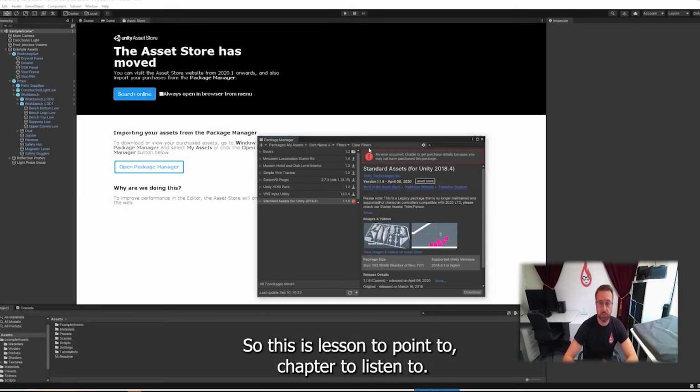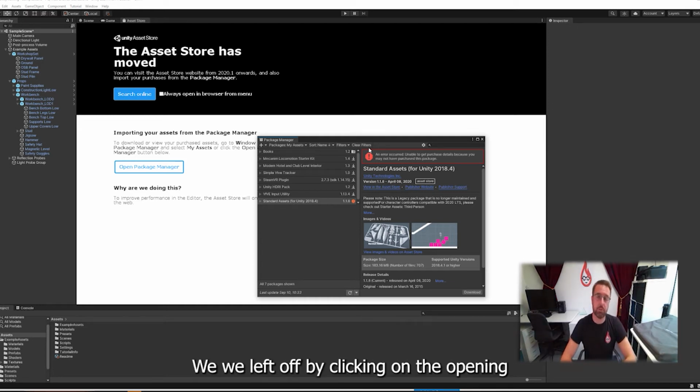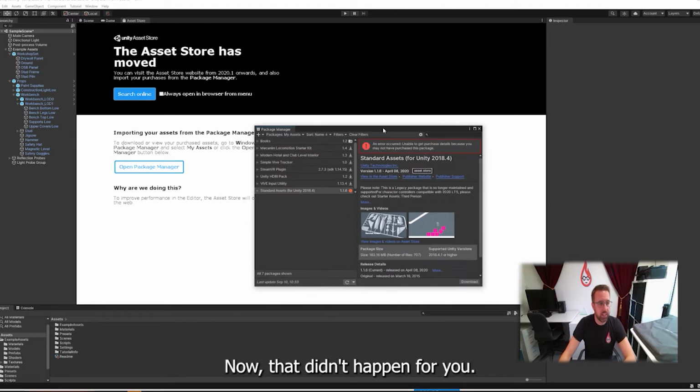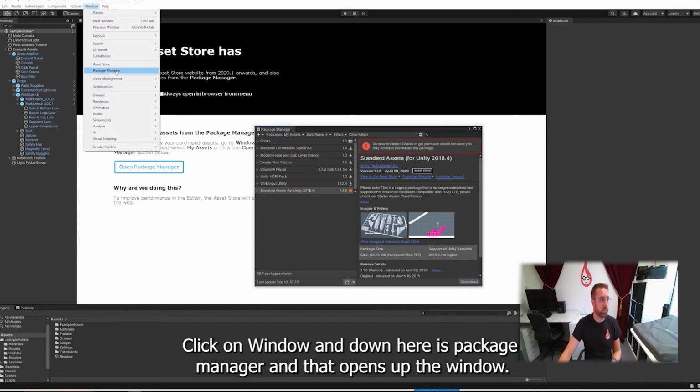So this is lesson 2.2, chapter 2, lesson 2. We are now talking about the package manager. In the last lesson, we left off by clicking on the Open in Unity Editor button in the Assets store, and it's opened up the package manager. Now, if that didn't happen for you, click on Window, and down here is Package Manager, and that opens up